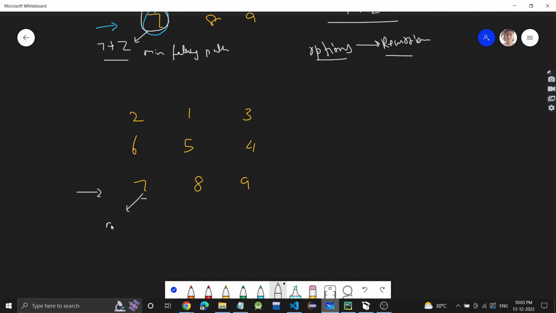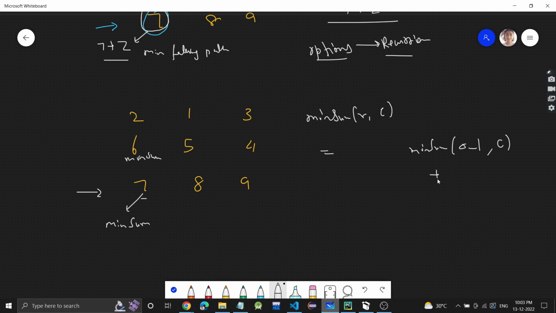Here we have to find the minimum sum, but for that we have to know the minimum sum here. So we'll make a recursive call. If this is the minimum sum of r comma c, row comma column, we have to know the minimum sum of the previous row, r minus 1 comma col.